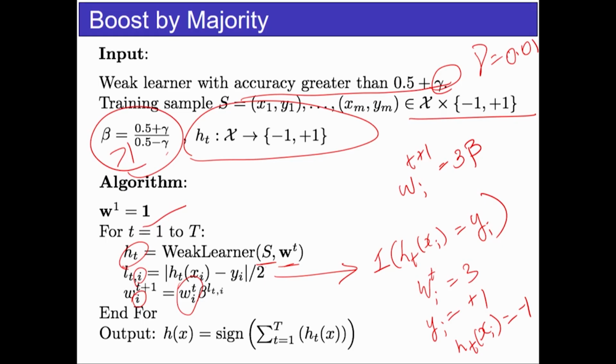Beta is greater than 1, so the weight of the ith sample is going to increase. All samples for which you have the wrong answer at this iteration, the weight is going to increase. Otherwise, the weight is going to stay the same. So we are never going to reduce the weights. The weights are only ever going to increase. And then you're going to use these weights in the next iteration. That captures the intuition: if your tth weak learner gets the ith sample wrong, then the weight of the ith sample increases. That's the idea. Let's illustrate it with a good example, okay?